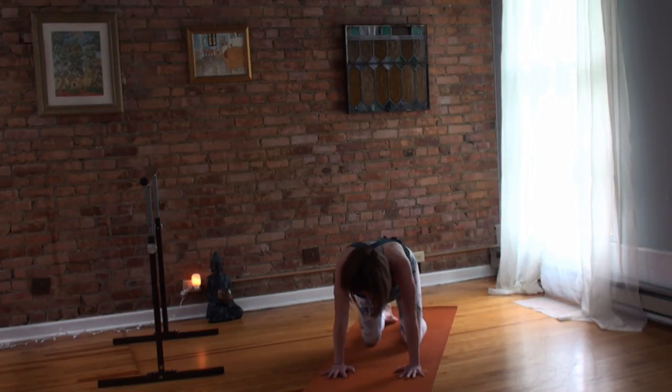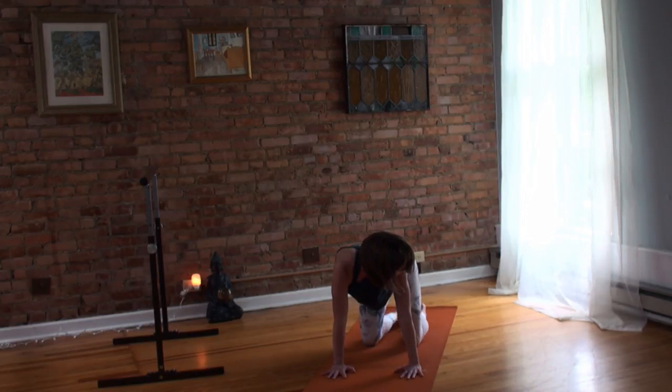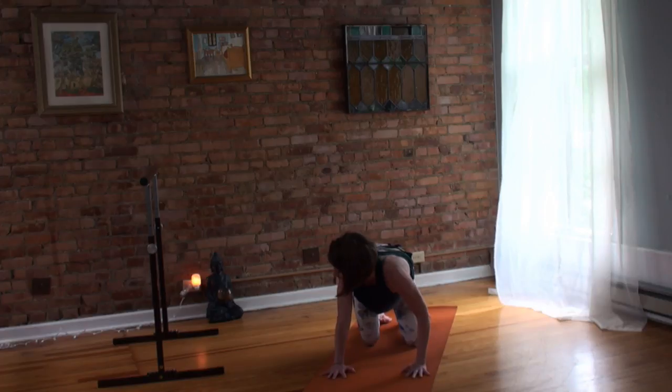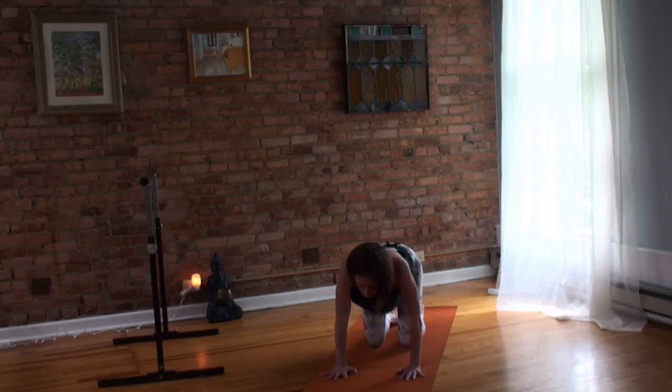Back to neutral, wagging your tail, starting to the left this time. Look over the left shoulder, pull the hips to the left. And then look over the right shoulder, pull the hips to the right. Come back to center, spread your fingers, press them in, roll your shoulders down and back, belly in and up,